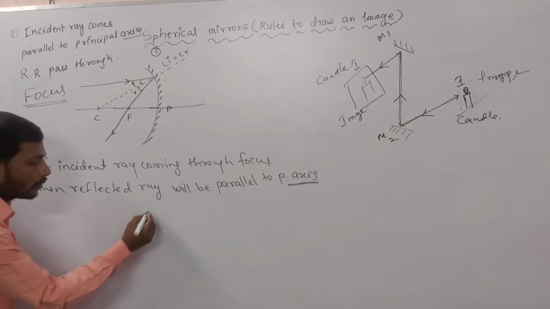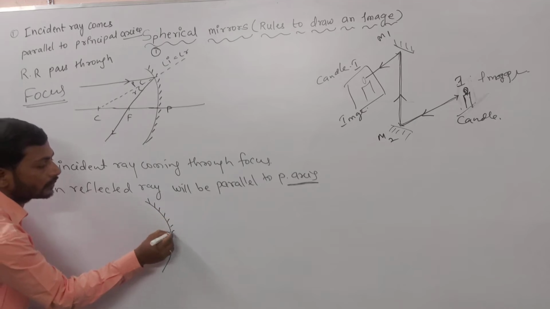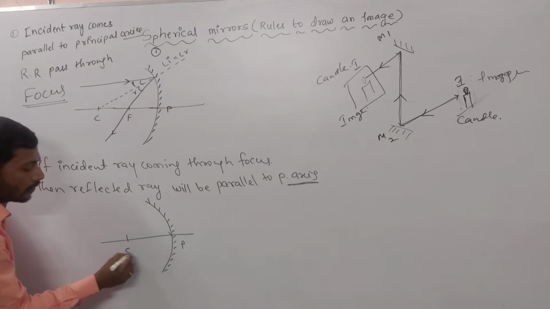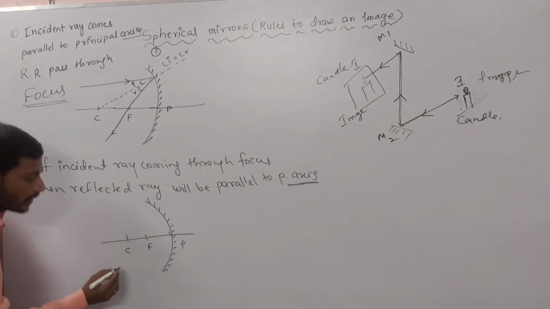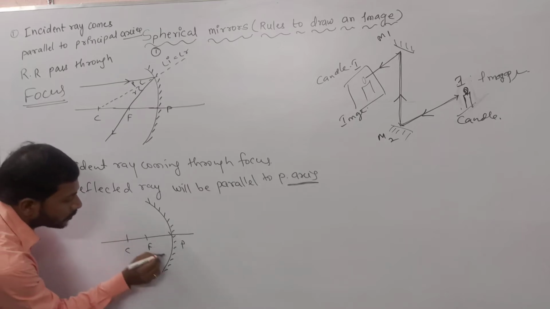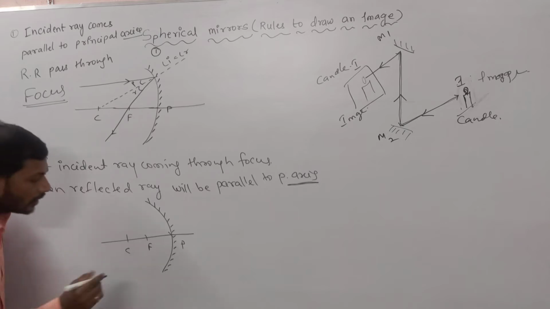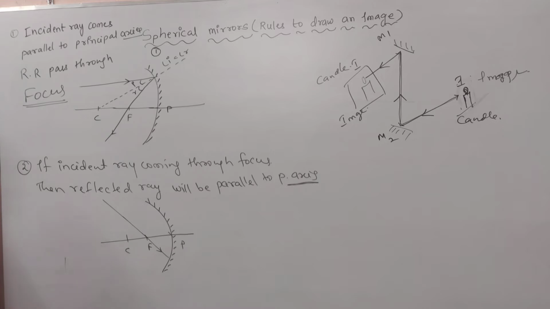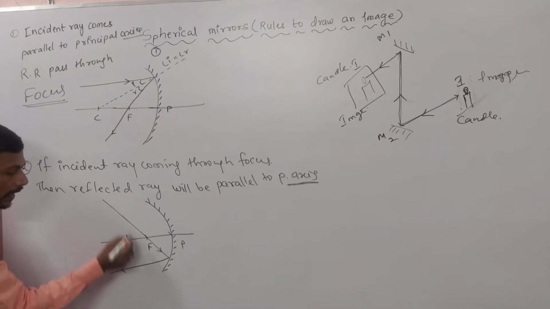I am giving the diagram to you. You can observe there. See, this is the spherical mirror. This is the pole, center of curvature, focus. Now, what is our condition? The ray from the top also you can take, from the bottom also you can take. Upper surface or lower surface, anything you can take. For example, I have taken like this. The ray is coming from where? Focus. If the ray is coming from the focus, the reflected ray travels parallel to the principal axis.